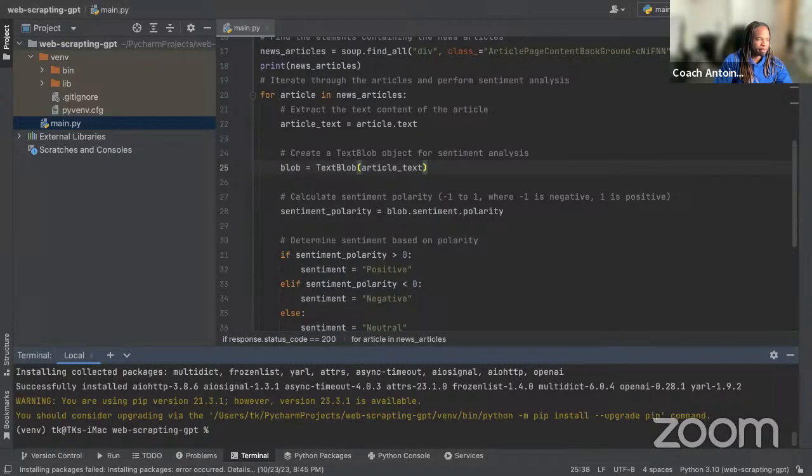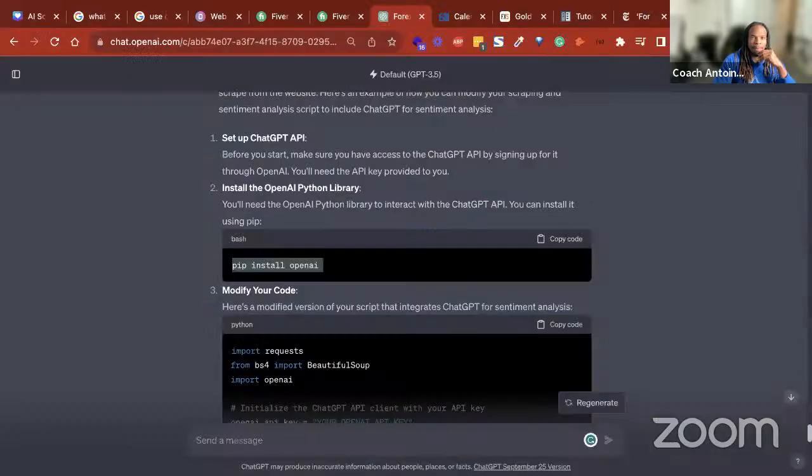All right, cool. So now that's that step. Let's go back and see what the next step was. Okay, the next step was to modify our code. So we need to import OpenAI and we need to initialize the ChatGPT API with your API